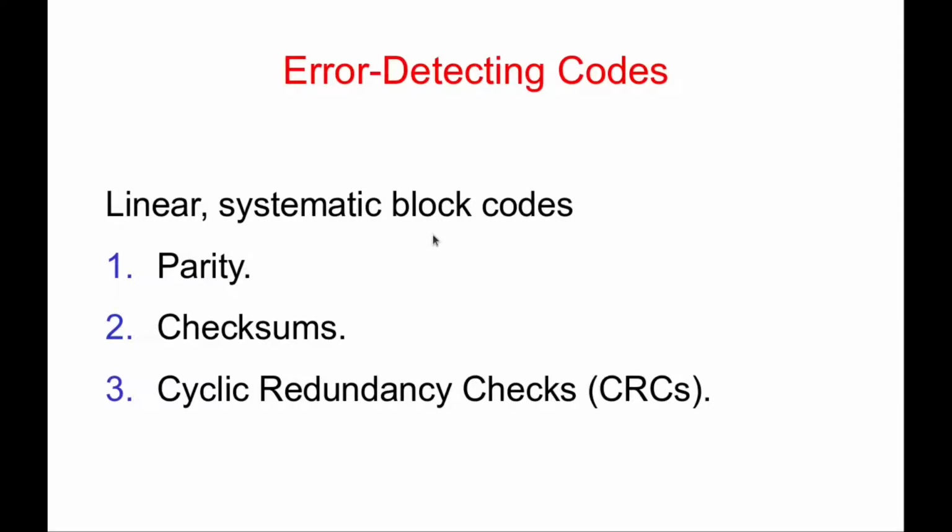Welcome to this lecture where we are going to see the error detecting codes. As the name indicates, these are the codes which will be able only to detect that the error has happened while the data was being transmitted. They will not be able to correct the errors. Previous to this, we have seen the error correcting codes, or the example of Hamming code was seen as an error correcting code. Obviously, Hamming code was able to even correct the errors.